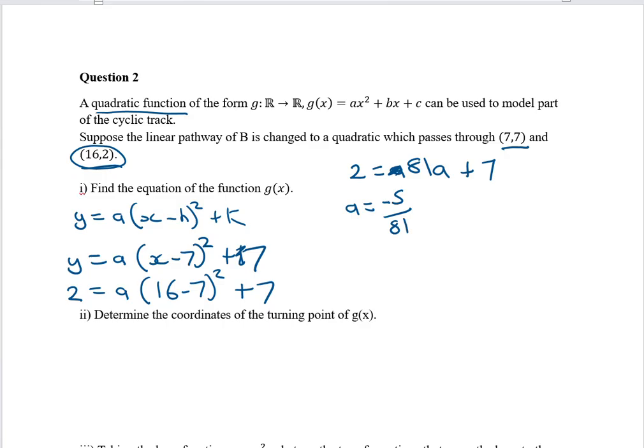So this already helps me with II because I've done it in this way. The turning point for this one is just going to be 7 and 7. You could have done it in multiple ways. Now, from this point here, I still haven't finished off answering I. So I've got the equation already and I can write it out. Y is equal to negative 5 over 81 times x take away 7 squared